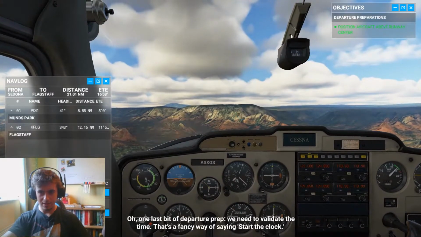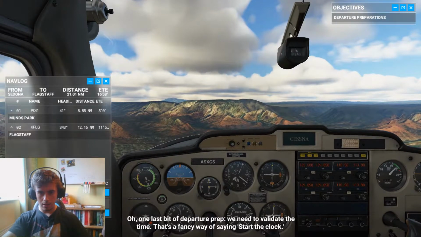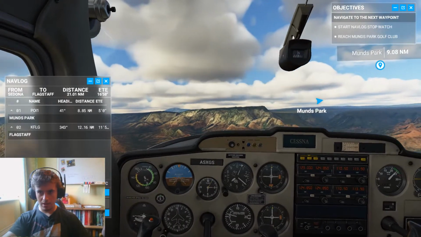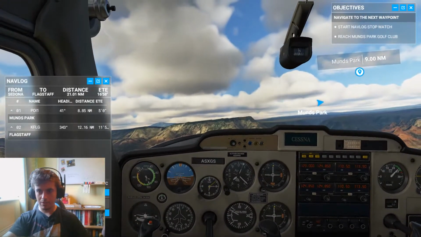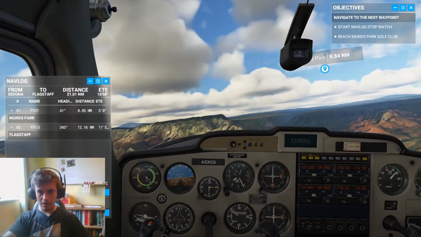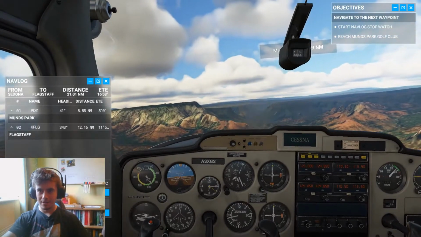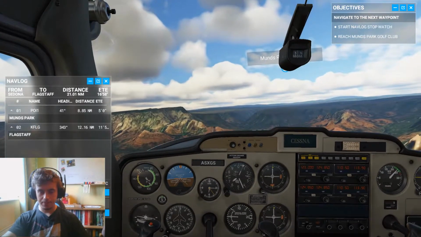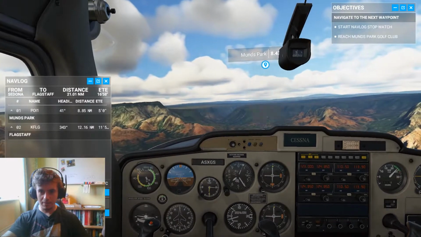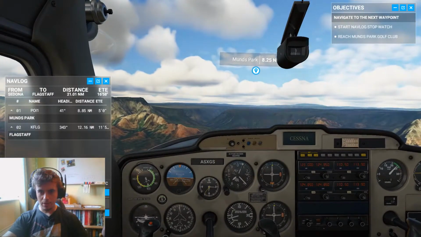I'm playing Flight Simulator. Oh, one last bit of departure prep. We need to validate the time. That's a fancy way of saying start the clock. Okay. Start navlog stopwatch. How do I do that? How do I start the clock? I don't know. I suppose I've got that amount of time to figure it out. Let's get steady, and then we're going to